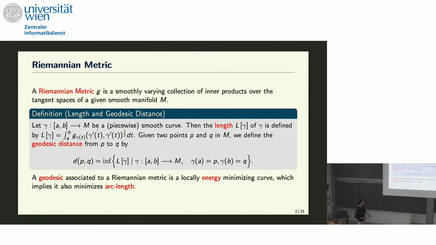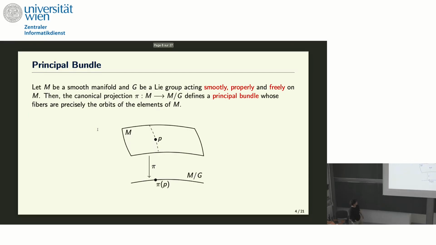I think it's okay. So, given a Riemannian metric, the simplest operation I want to perform is computing geodesics associated to that Riemannian metric. A geodesic is simply a locally energy minimizing curve, and it turns out that by minimizing the energy, it also minimizes arc length. There are different frameworks for that, and the framework that I'm going to use is the framework of principal